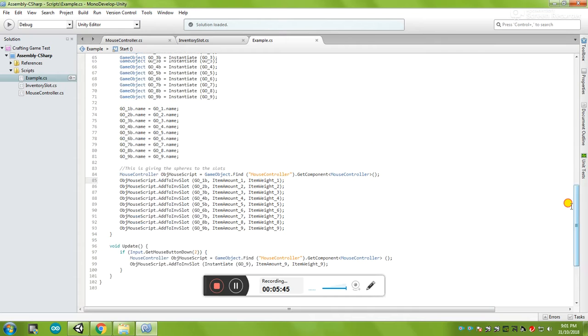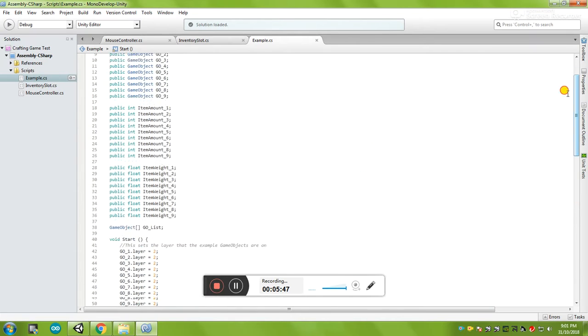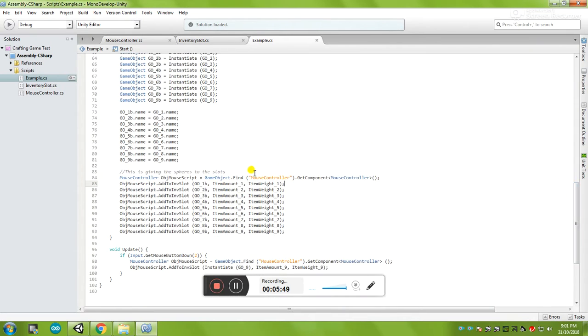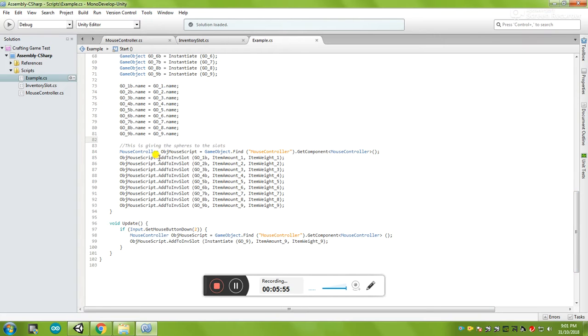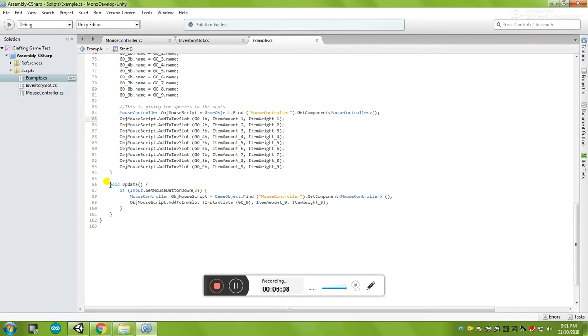Now again, most of this is all completely unnecessary. It's just to spawn in some objects in the world. If they're already spawned into the world, you don't have to worry about that. So all you would have to do is when your player walks over it, it just calls this with whatever the game object is that you want to be turned into an item, the item amount, and item weight. And in here in void update,